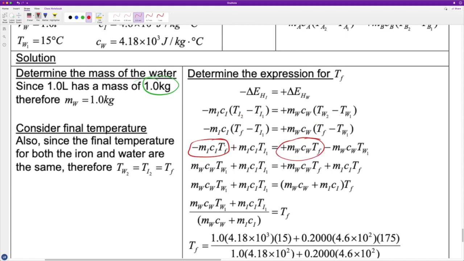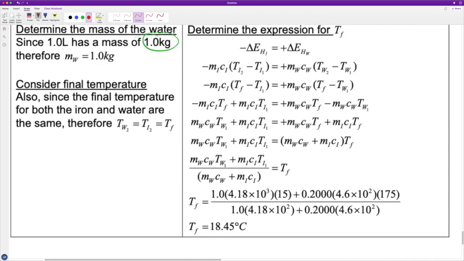So where am I going to bring it? Well, this negative sign versus this positive sign. So my instinct, of course, is I'm going to take this term and bring it to the other side. And at the same time, I'm going to take this negative term and bring it to this side here. So when I do that, this negative becomes a positive and this negative becomes a positive. So the next thing is I want to isolate for these two factors. As you can see on the right-hand side, TF is associated with both of these terms. So I'm going to take a common factor of TF. When I take a common factor of TF, I get